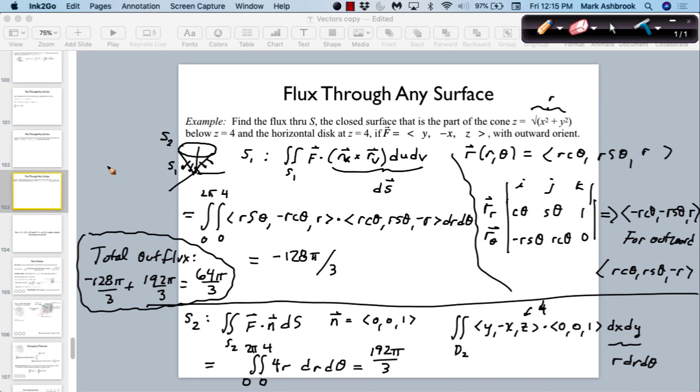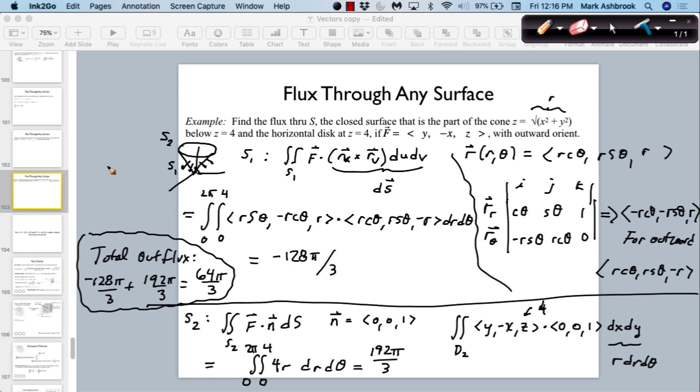Other questions, please ask. Yes, please. So just to clarify, on the second surface, the plane for the disk, we set it up with the F times N and then dS, and because that's all in dx dy, we wanted to change to polar. Yep. And make it ordinary. Yep. Okay, when you set up the integral in polar,